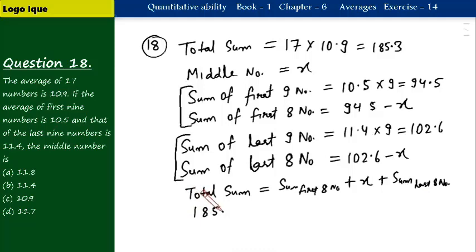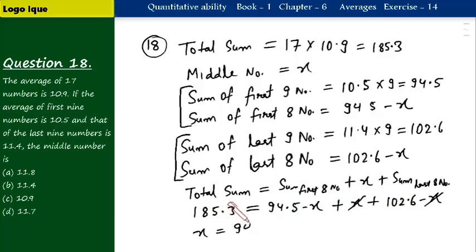Total sum is 185.3. The sum of the first 8 numbers is 94.5 minus x, plus the middle number x, plus the sum of the last 8 numbers, 102.6 minus x. So one x gets cancelled and we will have x equal to